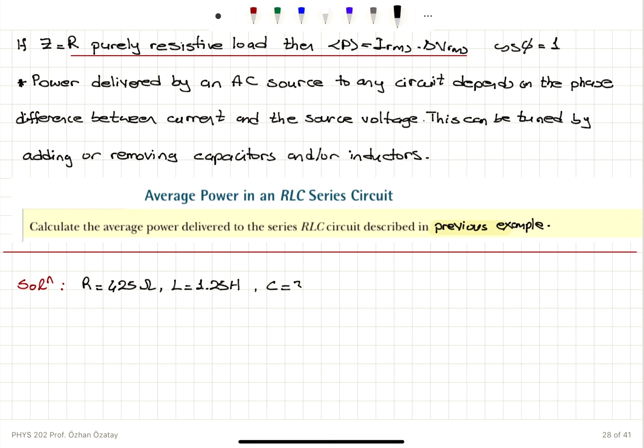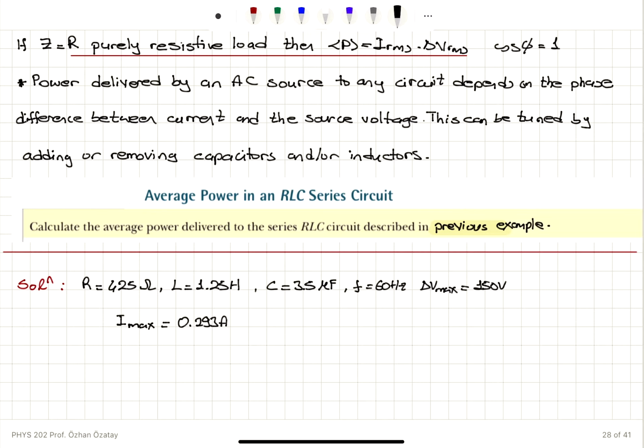Capacitance was 3.5 microfarads. The frequency was 60 Hz for the AC source with a maximum voltage of 150 volts. And we calculated the maximum current in the circuit by calculating the impedance of the circuit. It was